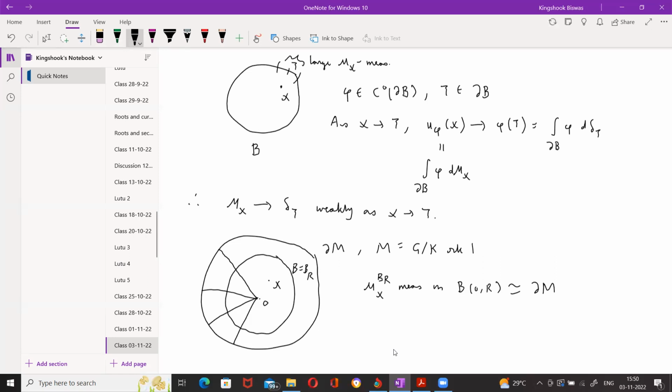But in fact, you can show that they converge. So this mu X B_R in fact does converge to mu X on boundary M weakly,